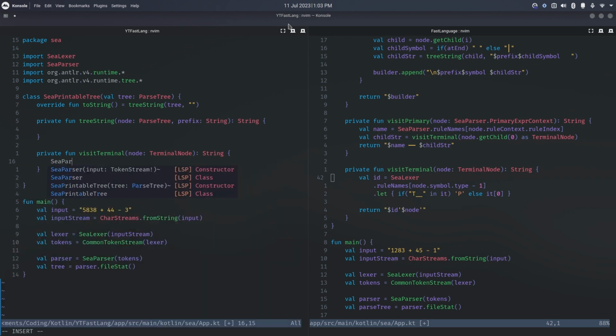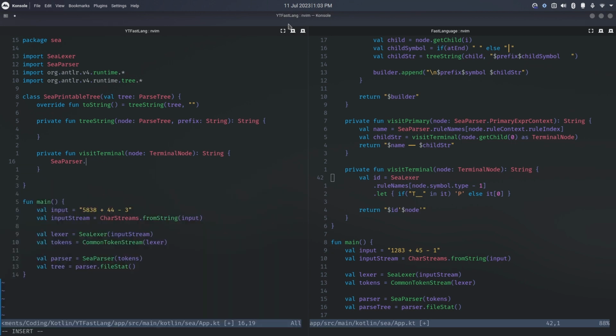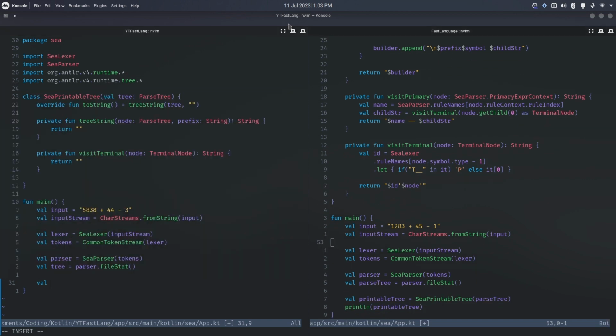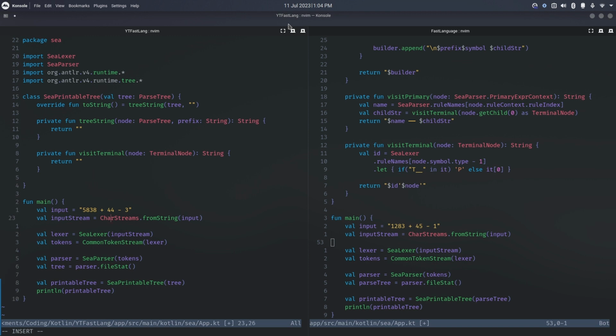So you'll notice CParser and CLexer have a thing called rule names. I don't know the exact type, it says it's an array, but that essentially stores all of the names of the things that we care about. You don't have to necessarily do this, I just want to get that so it doesn't fail. We can make a printable tree, which is a CPrintableTree, pass in our tree, and then just print it,